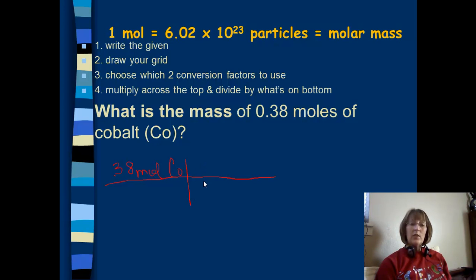So I need to know step 3, I need to choose my conversion factors. I want to go from moles, right, they gave me here, to mass. Mass is grams. So that means I've got 1 mole down on the bottom. If I have 1 mole of cobalt, it's equal to whatever the molar mass of cobalt is on the periodic table. And it looks like, if I round it, that it's 59 grams of cobalt. Notice that moles of cobalt cancel out on top and bottom. And I have 22.42